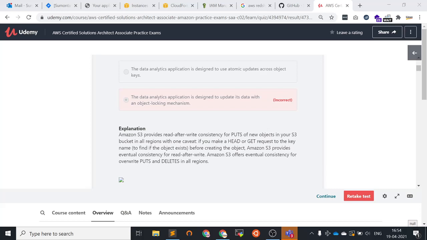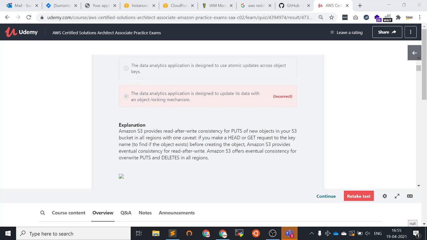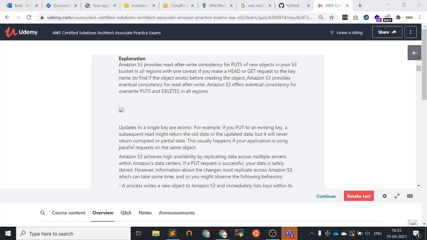Amazon S3 offers eventual consistency for overwrite PUTs and DELETEs in all regions. Updates to a single key are atomic. For example, if you PUT to an existing key, a subsequent read might return old data or updated data, but it will never return corrupted or partial data. This usually happens if your application is using parallel requests on the same object.